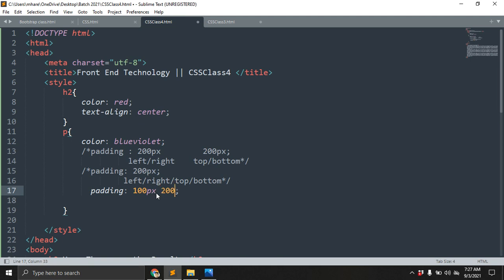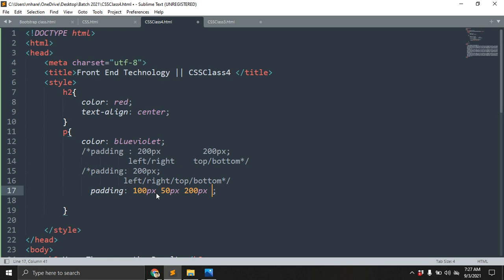Here I'm writing 200 pixels. What is that? Top and bottom, right? Top, I'm giving a small value, a little bit. Right, I want to give 200 pixels. And here I'm writing the next, bottom, right?